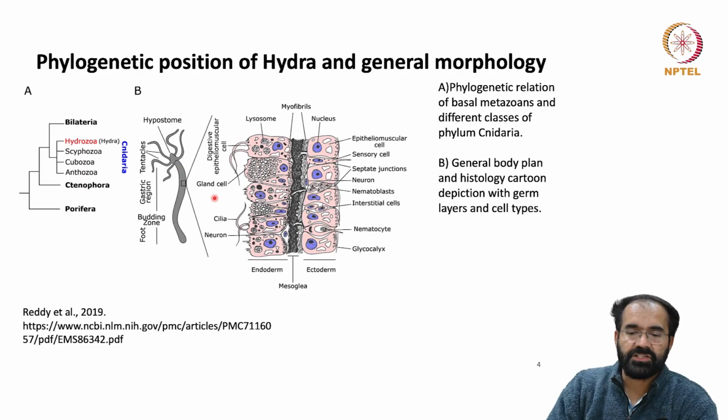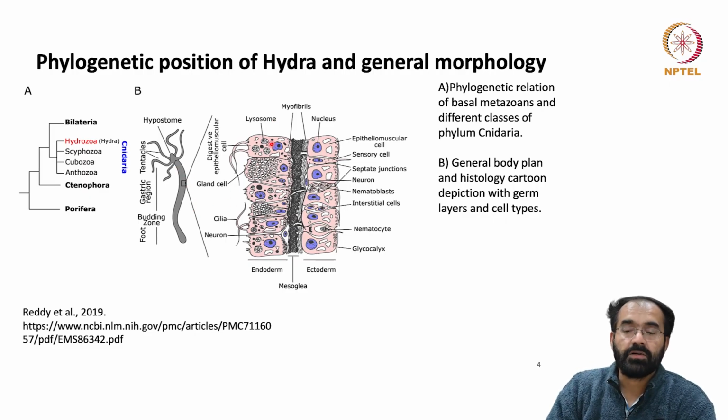If you take a cross section, you can see it has a typical endoderm layer and a typical ectoderm layer, and it has tiny myofibrils, which are not dedicated muscles, but it can make some tiny movements, and it is nothing but the mesoglea. And you have dedicated